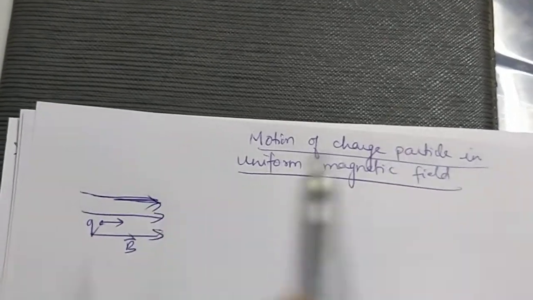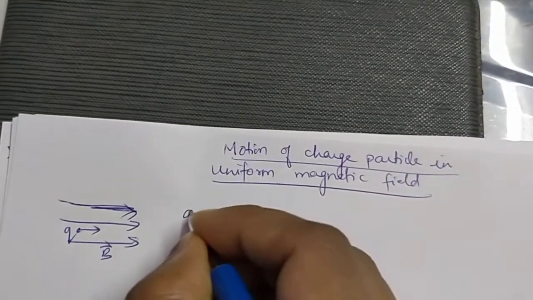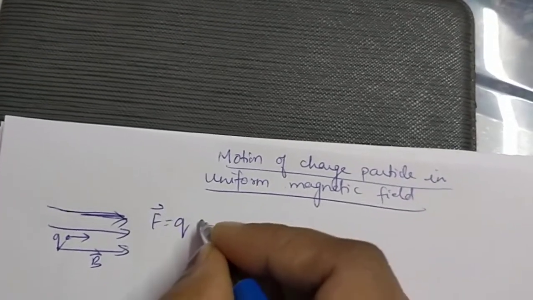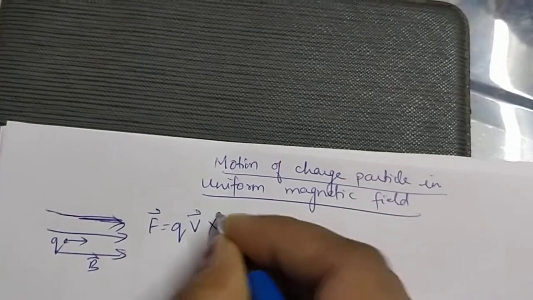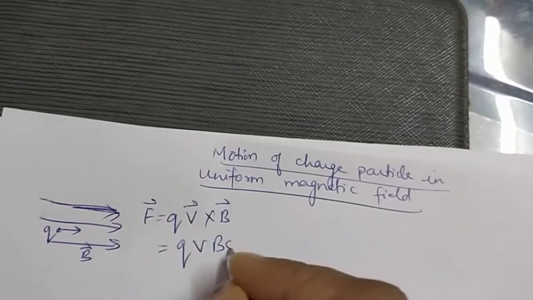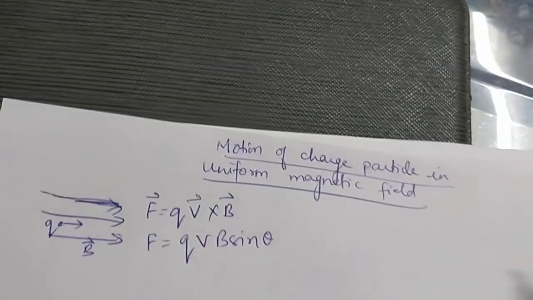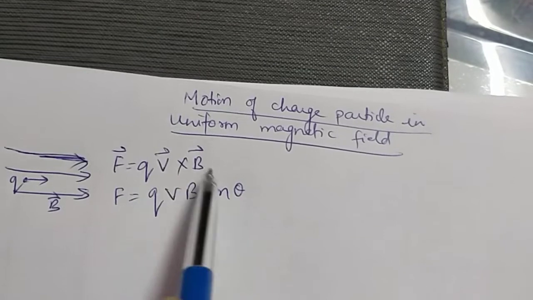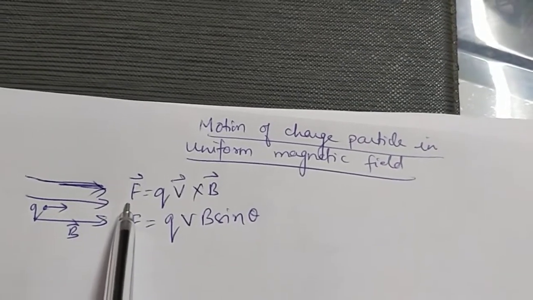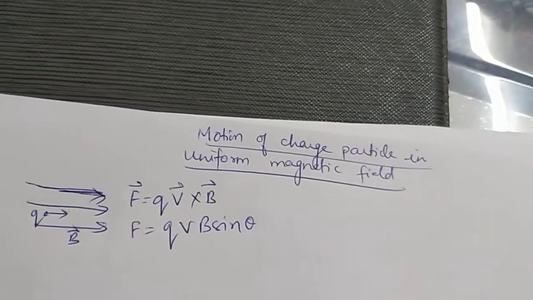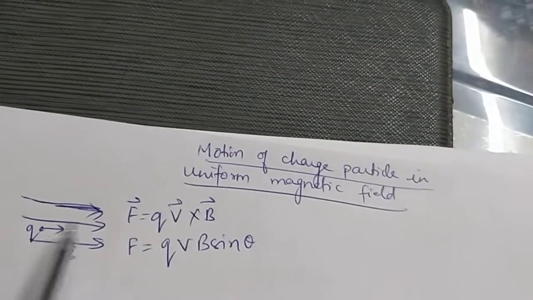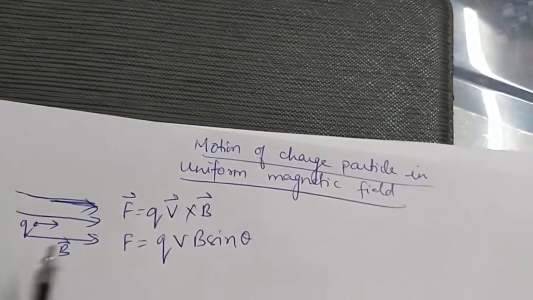Suppose the charged particle is not moving, it is at rest. But you know that if a charged particle is present in a magnetic field, the force it experiences is the magnetic Lorentz force. So qv cross B is the formula, right? So qvB sin theta will be the magnitude. The direction of F is perpendicular to both v and B, and you can use the right hand screw rule or Fleming's left hand rule to find the direction of force. Now if the charged particle is at rest, v is equal to 0, so the force will be 0, no force will act.